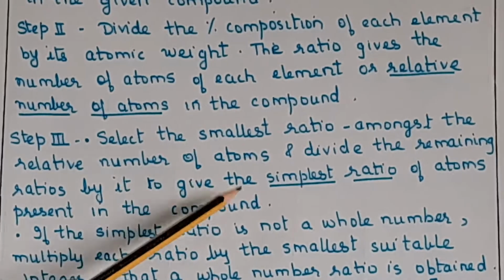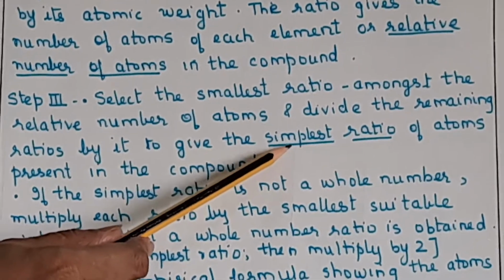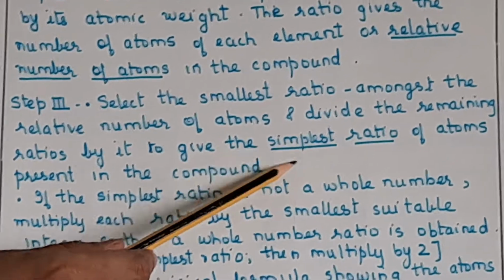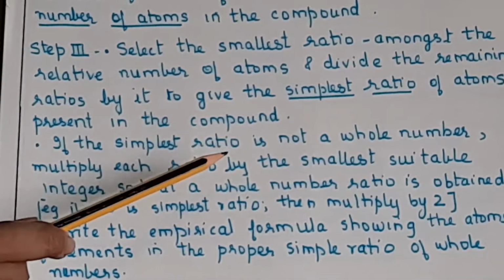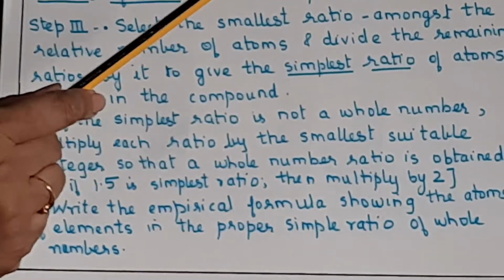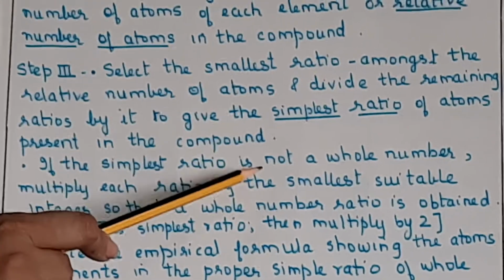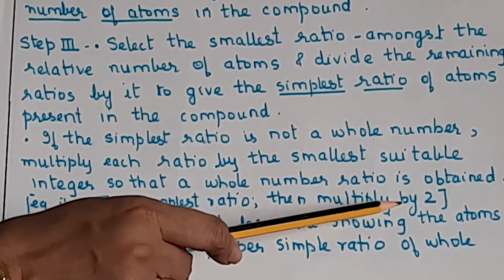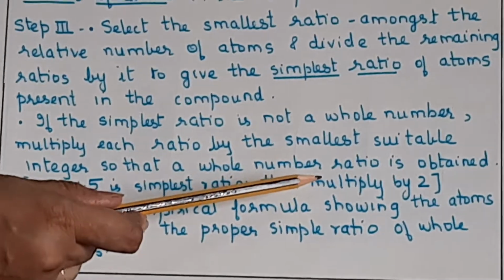So your next column in that table will be, after relative number of atoms, simplest ratio of the atoms or simplest whole number ratio. Now sometimes this simple ratio might not be a whole number. Maybe you get say 1.5. Then you can't leave it as 1.5 and you cannot just round off only that particular element to 2, because it's a ratio. So you have to treat all the ratios equally. So you will multiply throughout by the smallest number, which is generally 2. Okay, so example I have shown here. If it is 1.5, then you will multiply by 2.